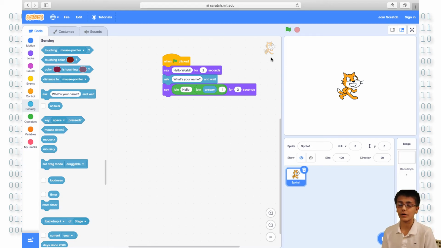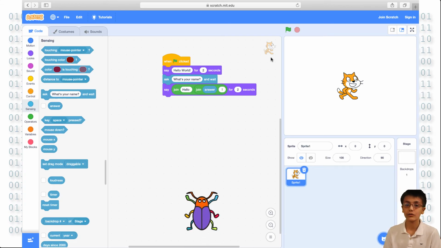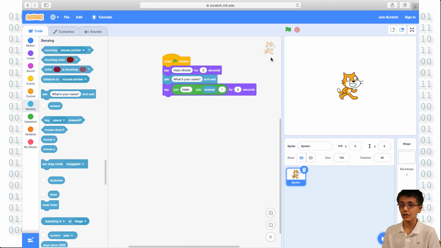If the code doesn't work the way you want it to, check your code against mine. Everything should look exactly the same. If there is a problem in your code, it's called a bug, which we'll talk about in the next few videos. You can also try playing with the code to see what happens.